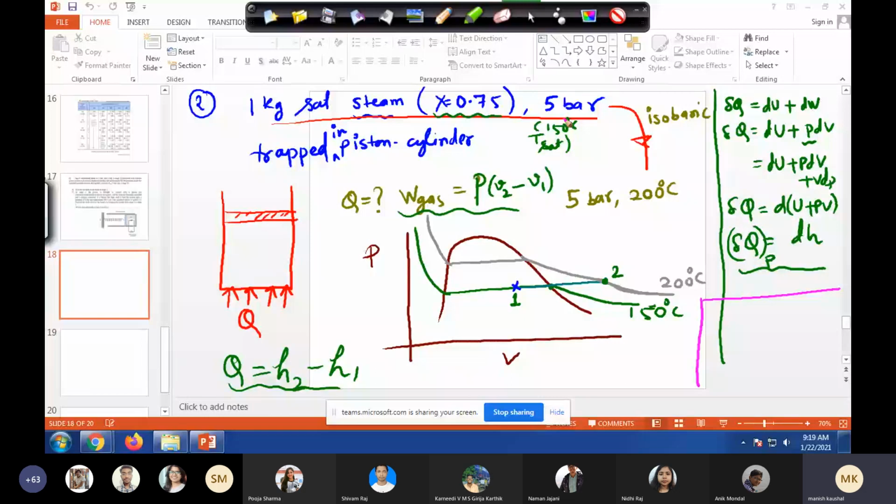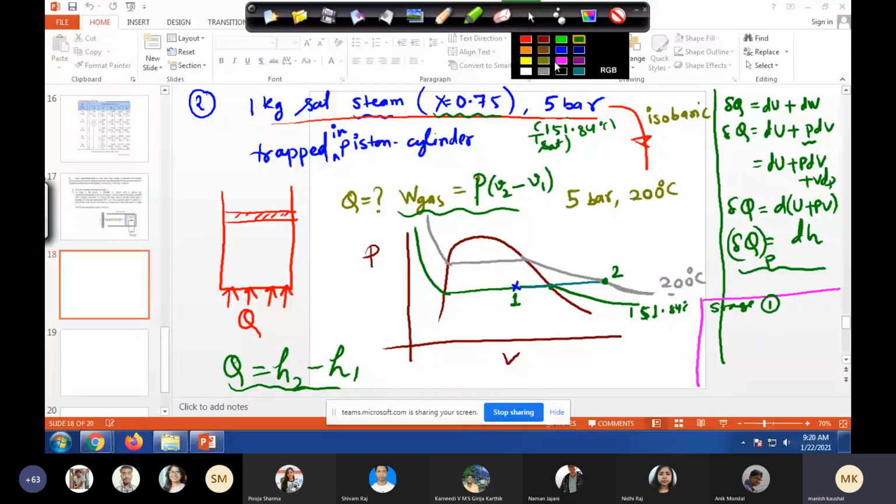Is anyone seeing the steam table? Just check at 5 bar what the temperature is. Yes, sir. So write it correctly. This is wrong, let's correct it. I roughly wrote 151.84. This also, 151.84. So if you see stage one,